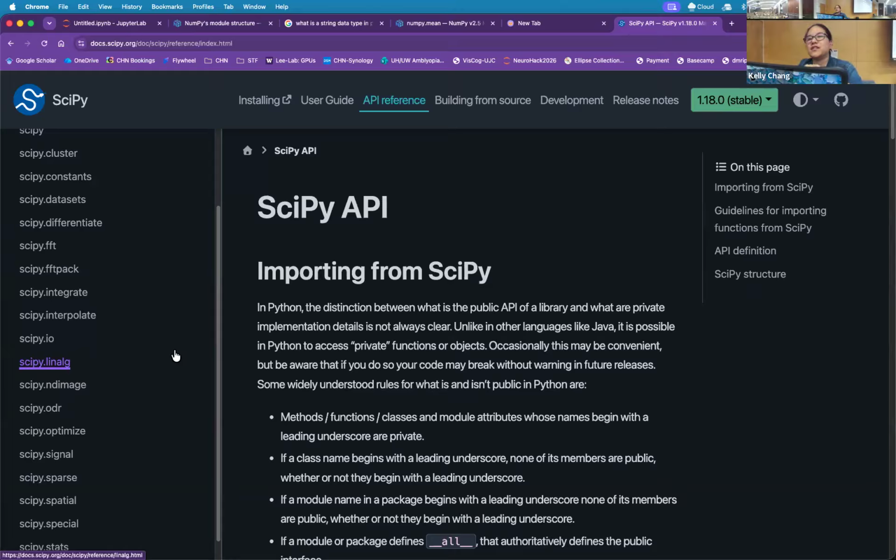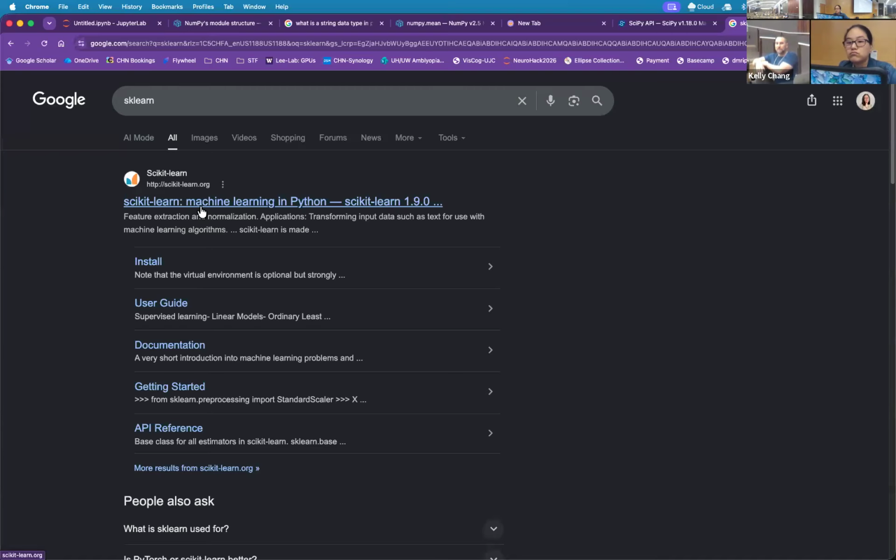Sometimes if you're really looking on someone's GitHub page for a really crazy function, we may want to test that first before we actually go in, because you can install it and you can use it, but we may want to test that first before we use it. One of the great things about the advent of large language models and the prevalence of Python is that for pretty much any mathematical transformation you can think of, if you ask a large language model, it will probably tell you where to find it in Python.